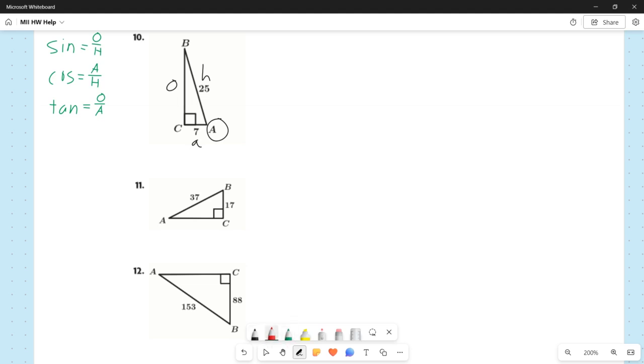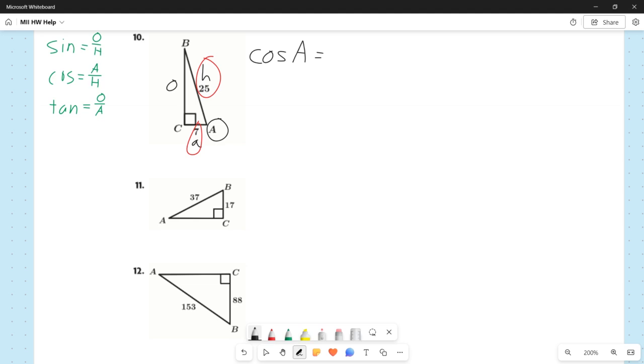So now the question becomes, which trig function, sine, cosine, or tangent, connects the two things that we know so that I don't have to find opposite, and I can just save myself a bunch of work? So looking at our definitions here, the trig function that connects adjacent and hypotenuse is cosine. So for question 10, our job is going to be significantly easier if we use cosine. In order to use sine or tangent, we would need to solve for opposite, and I don't feel like doing that. So the cosine of angle A,